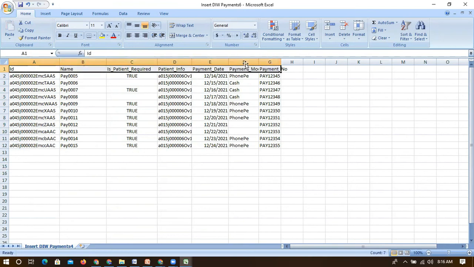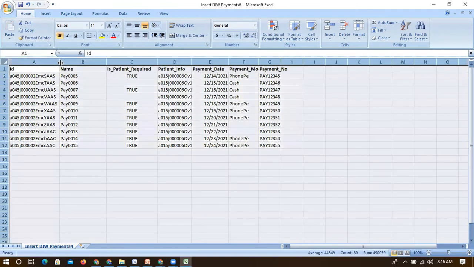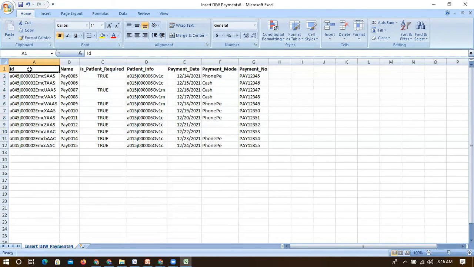This is the Salesforce ID. We have to have this if I want to update.